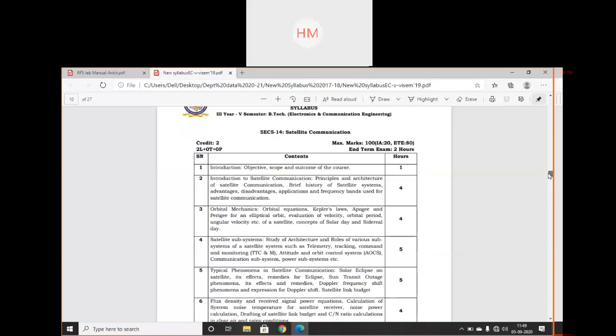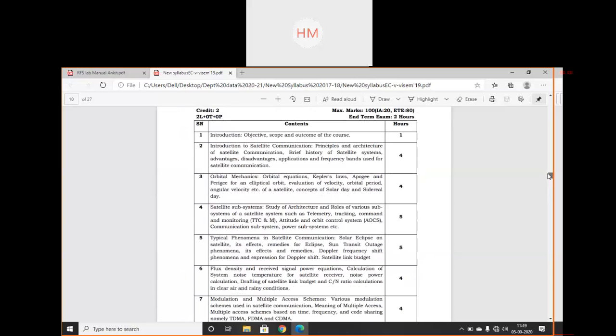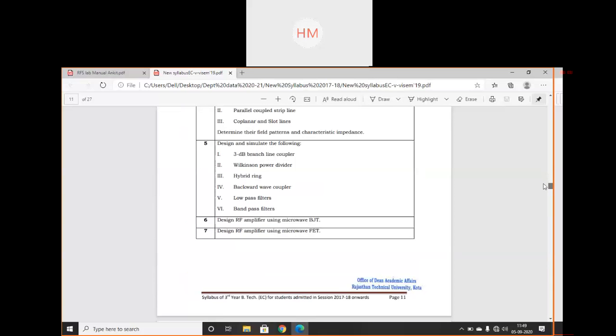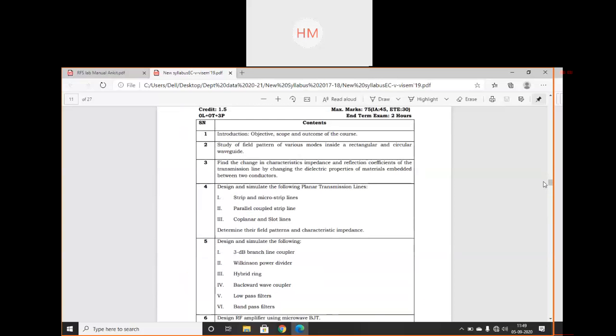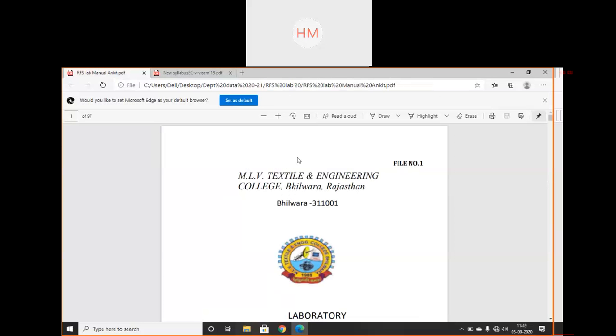So this is the syllabus of the RFS lab. Now we'll discuss some theory points, then we will start running HFSS software.